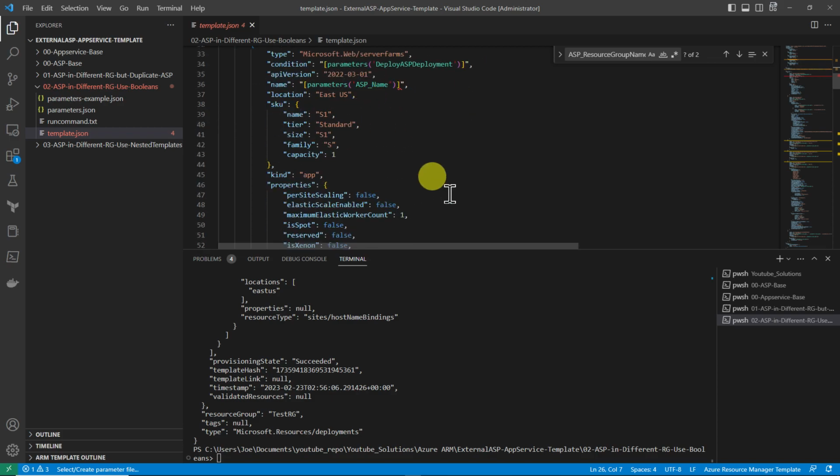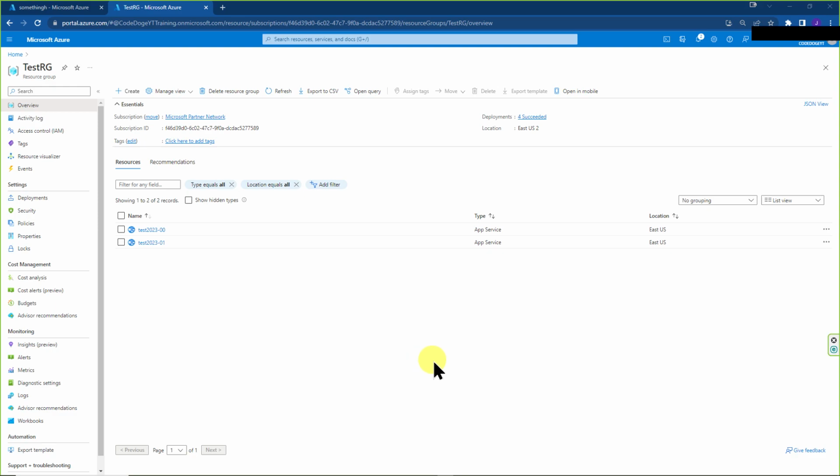So that works because technically we already had that existing resource of ASP something 00 inside something H resource group. And this way we shouldn't be deploying a duplicate inside test RG. So we'll go inside portal to confirm what we have since we just finished deployment. Okay, so here we are inside portal. Let's just refresh this real quick. Okay, so we can see that the pass parameter was test